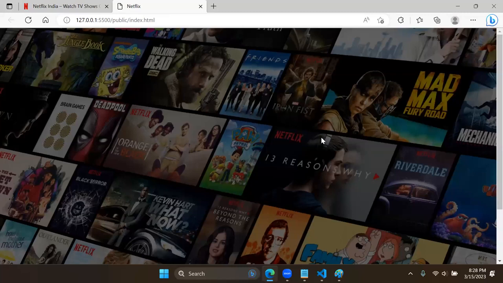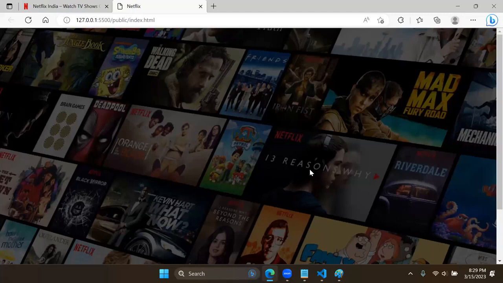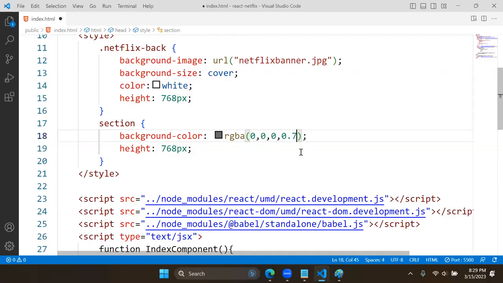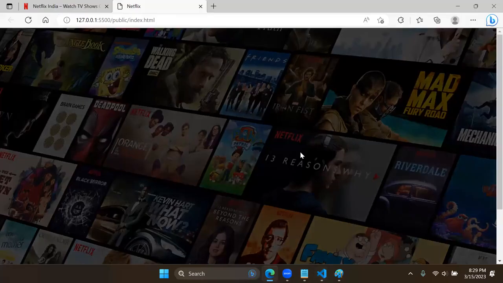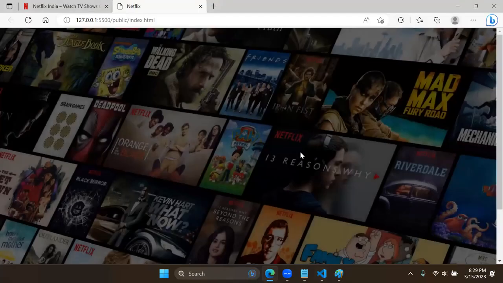Now the picture is not dominating. I set a transparent color. That means I am using 0.6, so it will be darker. 0.7 means more dark transparency. Right, I am keeping it 0.6. That is enough, or 0.5, that is enough. I'm just keeping that 0.5. Now this is how the Netflix